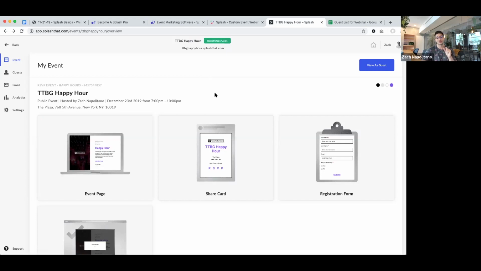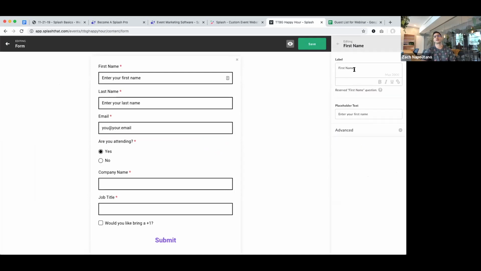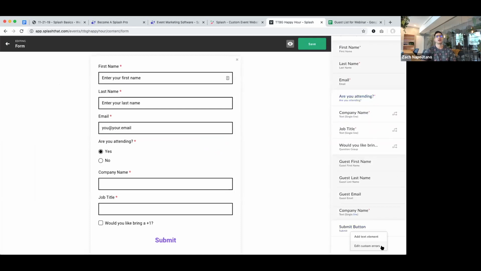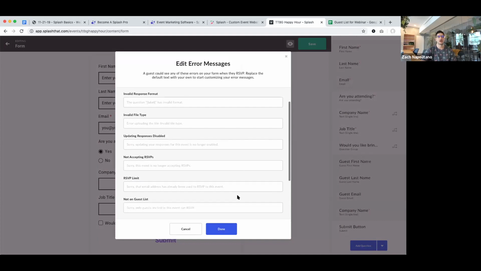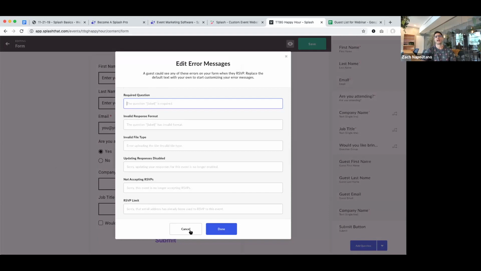Where the nuances really come into play, and I mean this in a good way, registration form. So you're able to come into even previously hard-coded things like first name, last name, email, and relabel them. But taking it a step further, you're able to customize each of your error messages. So any error message in here can be overridden with a different language.